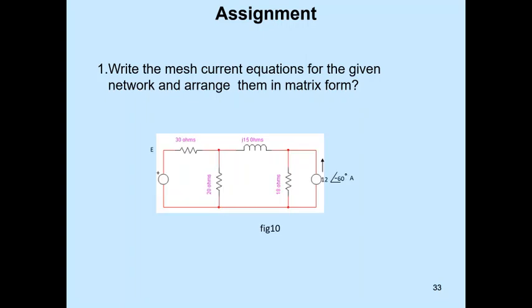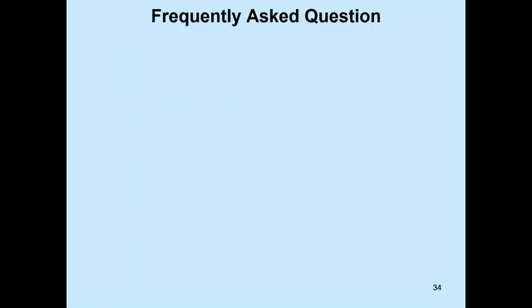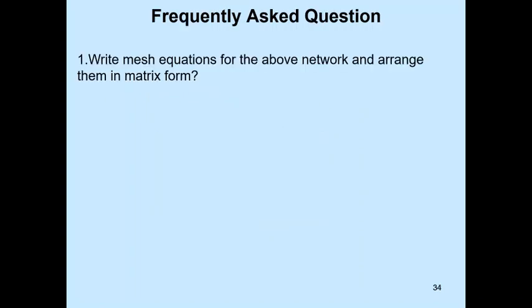Here also we have to convert the current source into a voltage source and write the mesh equations. Here we are getting only two mesh equations and we can write. So the frequently asked questions, it may be write mesh equations and arrange into a matrix form for